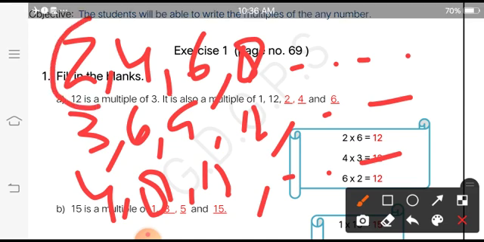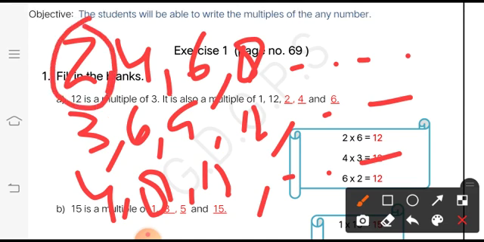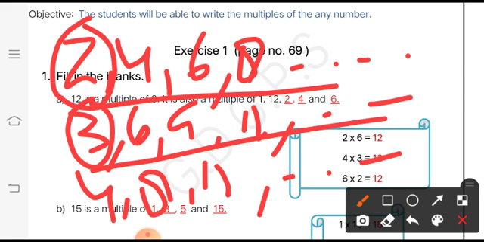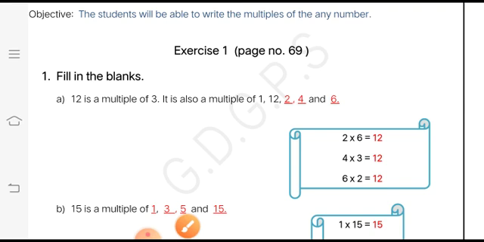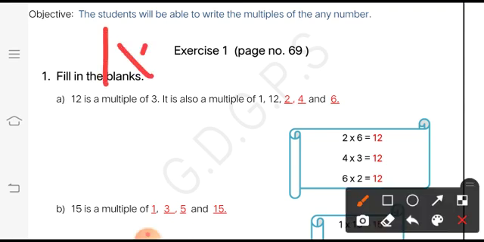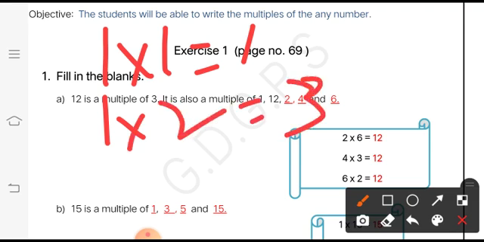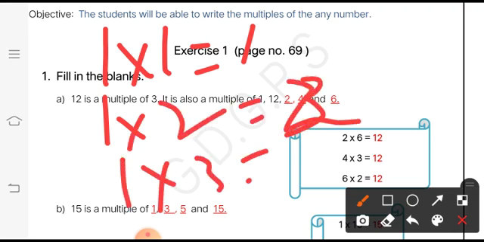As you can see, these are multiples of 2, and this 2 is the first multiple among others. And then we have 3. 3 is in the list of multiples of 3. 4 is in the list of multiples of 4. That means every number is a multiple of itself. And one more fact was that every number is a multiple of 1. Why so? Because every number exists in the table of 1. 1 2s are 2, 1 3s are 3, 1 4s are 4. There is no gap in between. That means every number is a multiple of 1 as well.